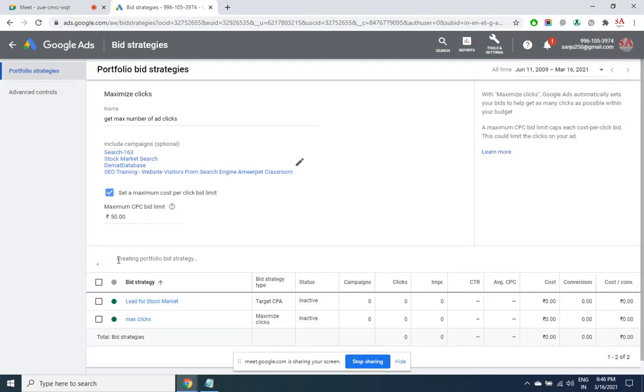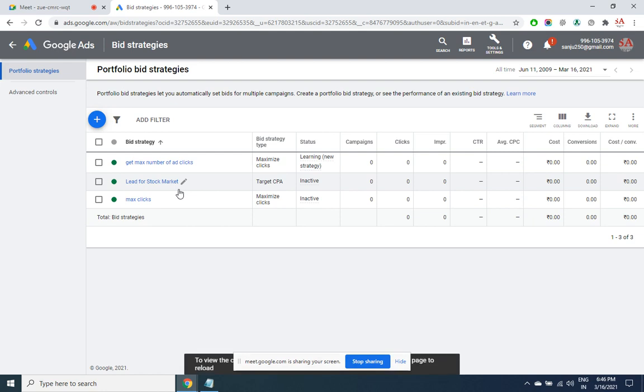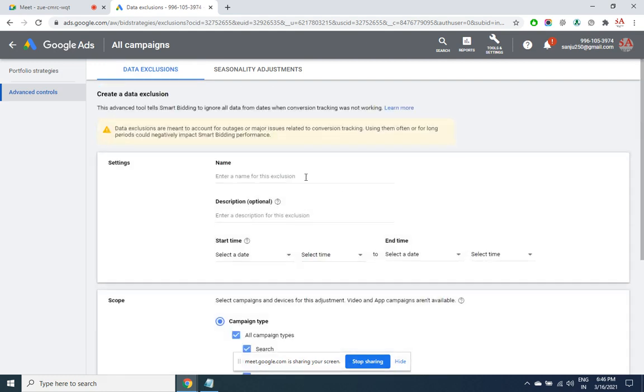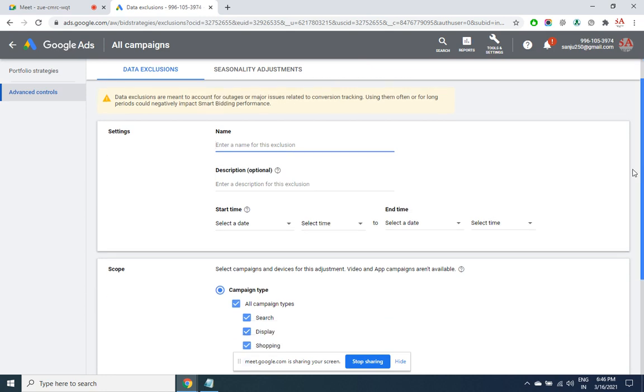See. When you go to advanced controls and you want to exclude the data, click on plus. This is an important statement: data exclusions are meant to account for outages or major issues relating to conversion tracking. Using them often for long periods could negatively impact smart bidding feature performance.